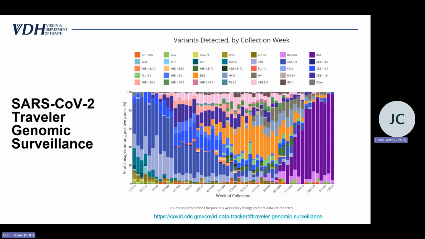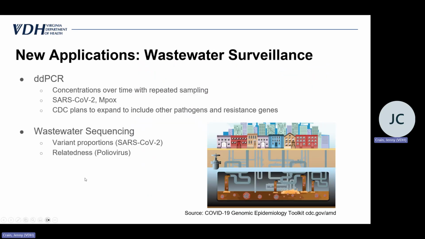And so even if we don't have granular, super detailed information, it is an excellent surveillance system. The point here is that we are taking all of this intelligence from multiple different systems and piecing it together. Wastewater surveillance is another example of that, where it has evolved a lot over the pandemic, and there's still a little bit of varying opinion in terms of how useful it is, what we can pull away from it, and what recommendations we can make in terms of public health action.